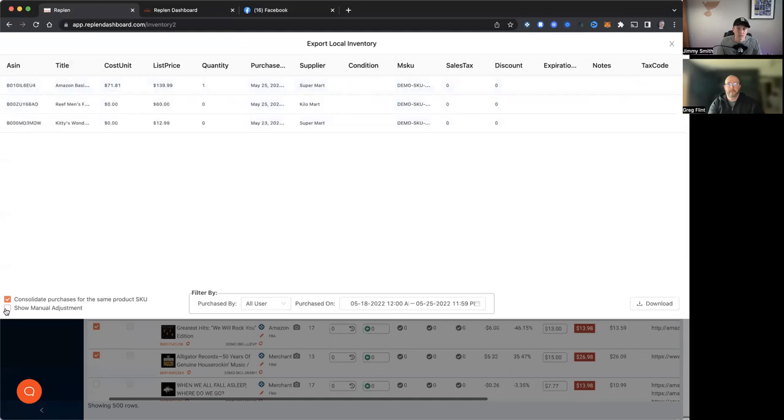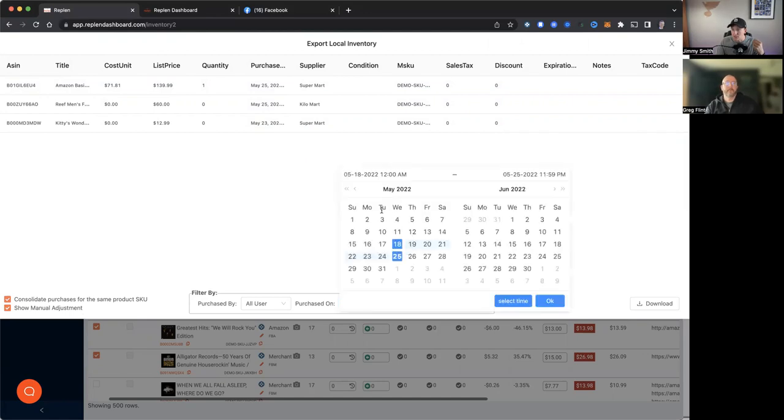If I click show manual adjustment, it goes down to 1 because I reduced those 11. So you want to make sure that you have that checked as well for those specific dates. And then we can clear this out or make it much farther. If I wanted to say, let's just go back to, well, I didn't want to go to 2021. Let's go to April 1st all the way to today,